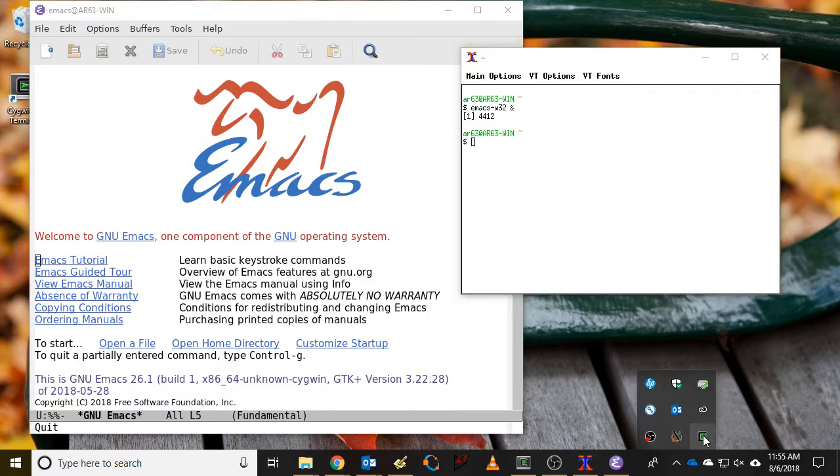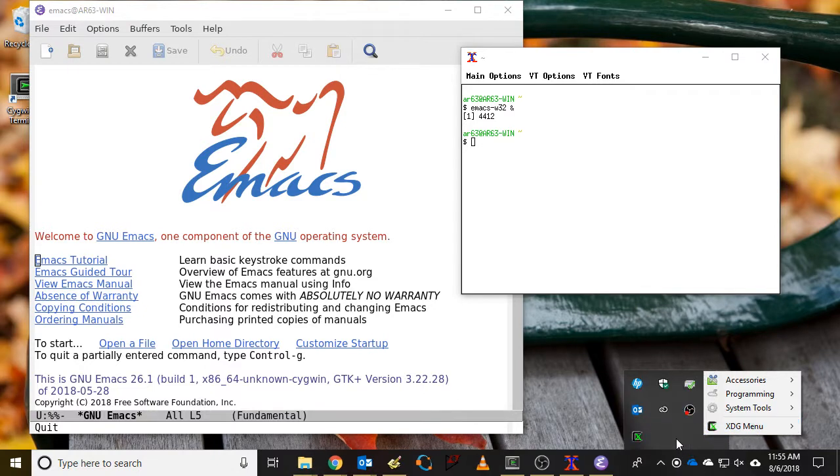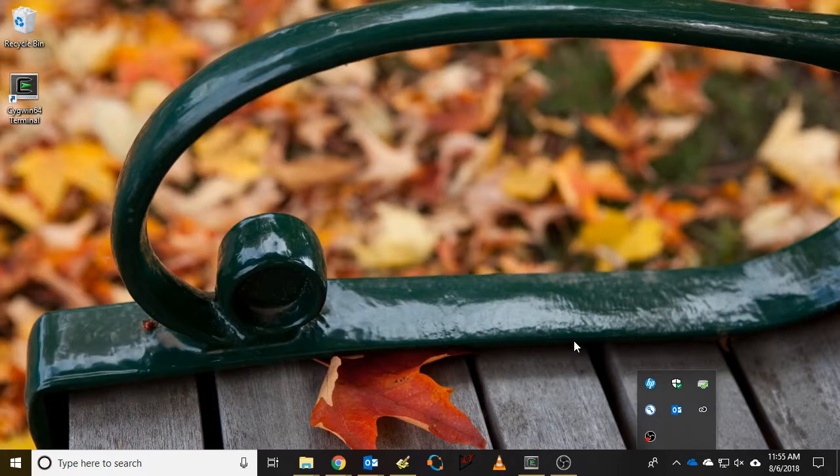Again, I can close down this from this second icon. I've got two icons down here, one for the X server window, which I could shut down, and then another one for this other application, this special window manager that's running, and I can just choose exit from there